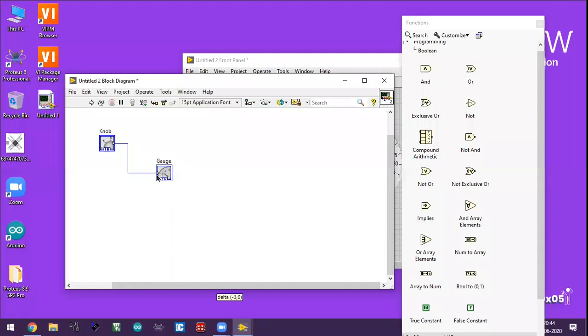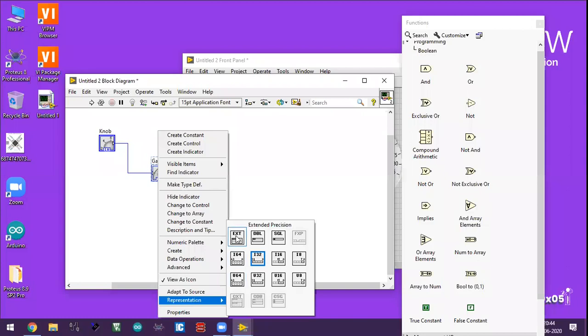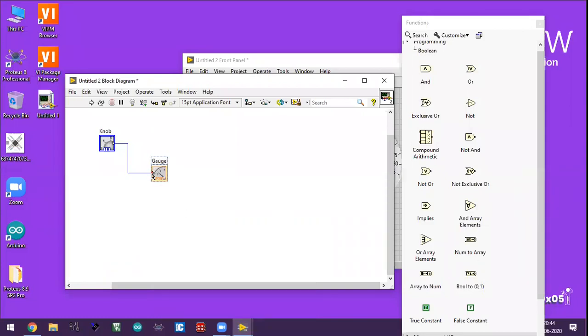See, as you can see, this is a blue color and this will also be a blue color, but if that representation was double format, there is one red dot. That indication represents that the input data to the gauge is formatted differently from what this gauge is showing. So the input data coming from the knob is integer 32-bit values, but it is displaying it as a double precision format.